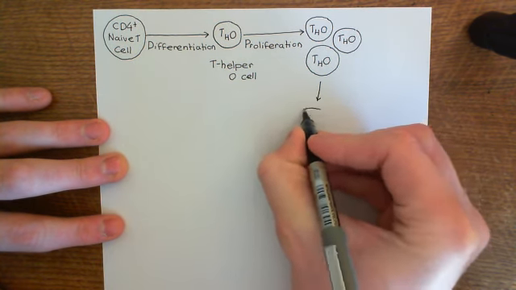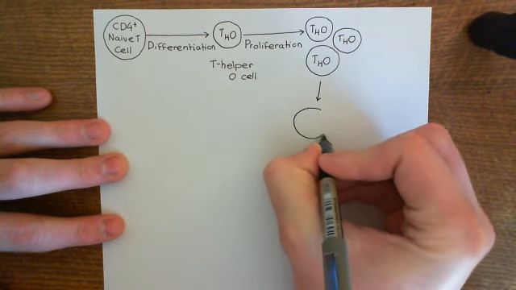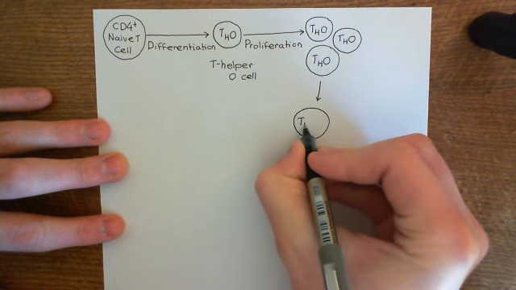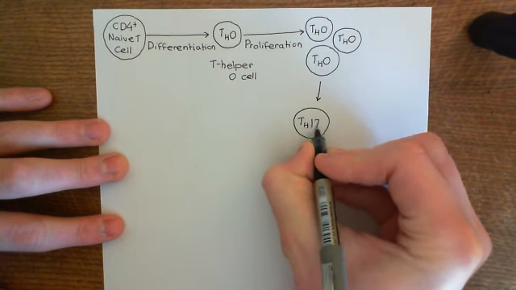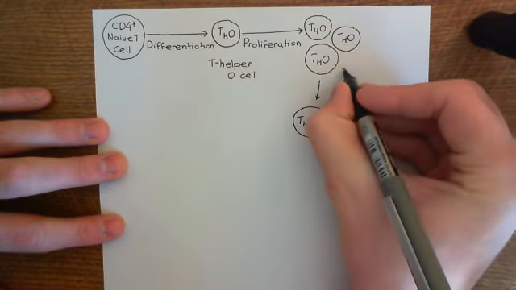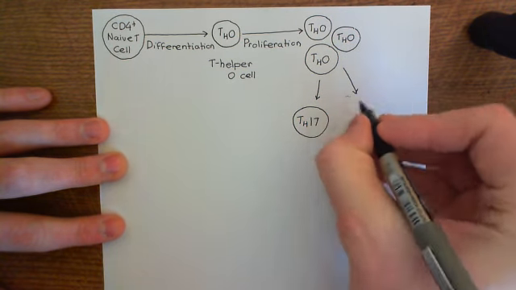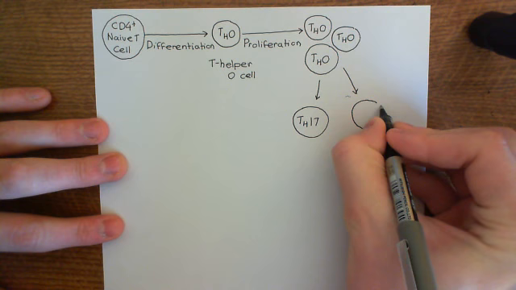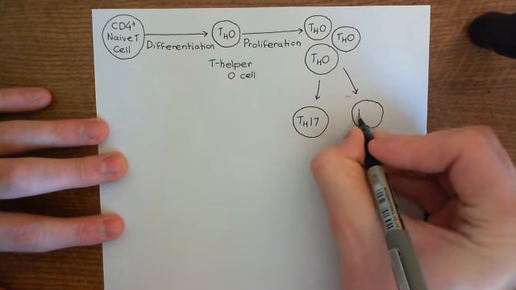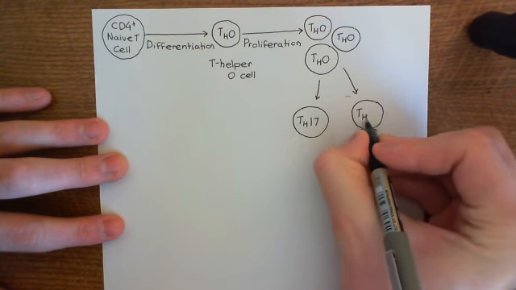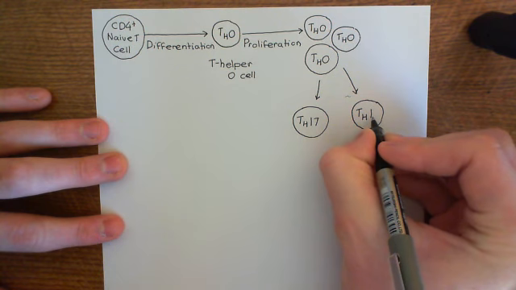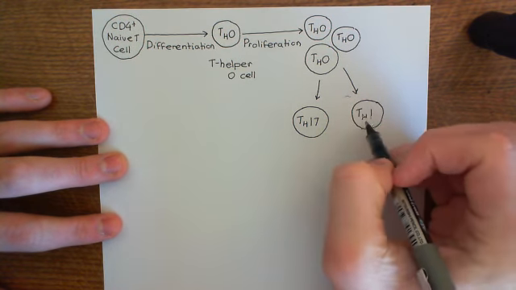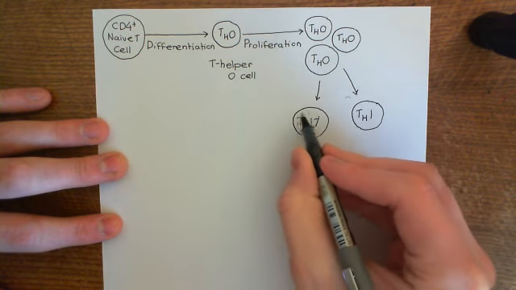So mainly what's going to happen is these T helper naught cells differentiate into a cell type known as a T helper 17 cell. Okay, but what used to be believed is that they differentiated nearly all into T helper 1 cells. But in reality, when you actually look in the synovial fluid and also in the synovium, you find very few T helper 1 cells, but you do find some. So some of them will differentiate into T helper 1 cells, but the majority are going to differentiate into these